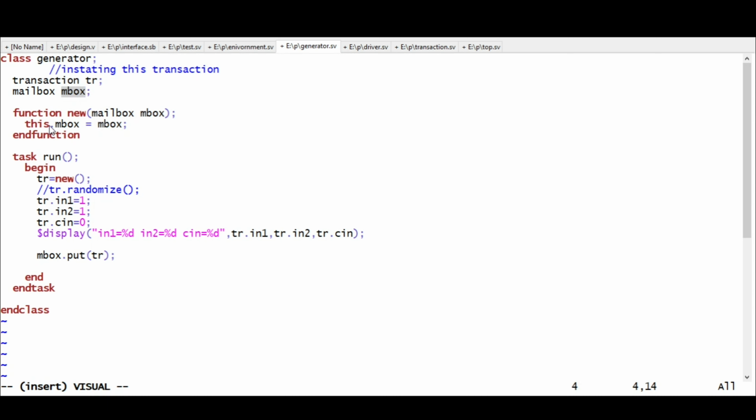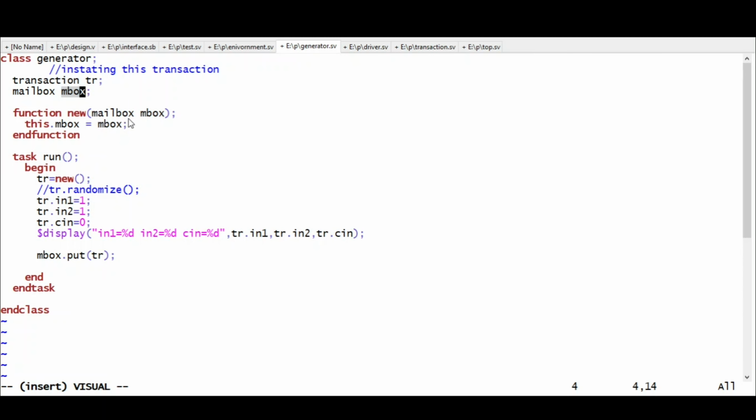You know why we use the this keyword. It is mainly used when two variable names are the same. If you write mbox equal to mbox, the simulator will get confused about where exactly to assign the value. That's why it's done this way.